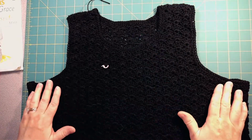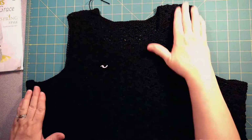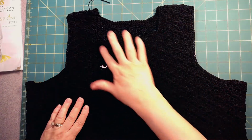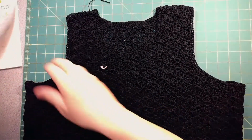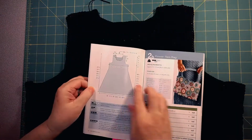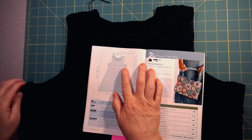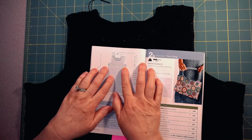Okay, here we are with the garment. The top half is finished. We have not done the hem, but you can see the arm edgings are done. The neck edging is done, and I have laid it here because I've consulted the pattern diagram here, and it says that just under the armpits, or the armhole openings, which is, you know, an inch or two, it should measure